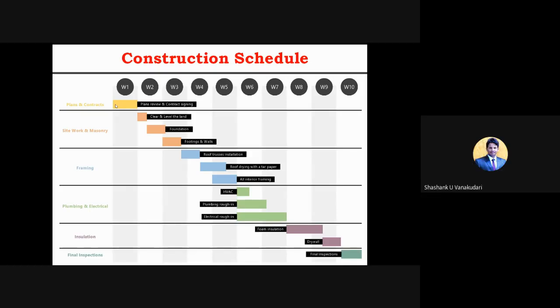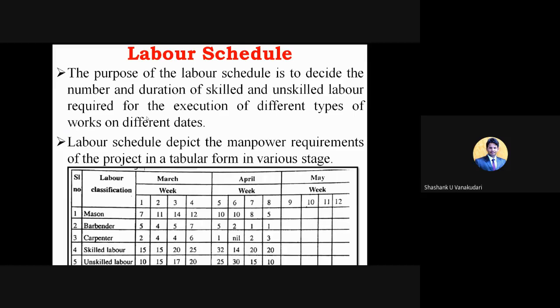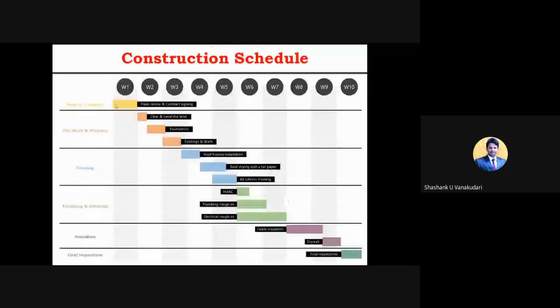So here you can see the starting and end part of each activity. This is the start date of this activity, and this is the end date of the activity. So the total length of the bar defines the total duration of this activity, how much duration it consumes, and that is represented with respect to weeks here, right? Like that, you can see the other activities also.